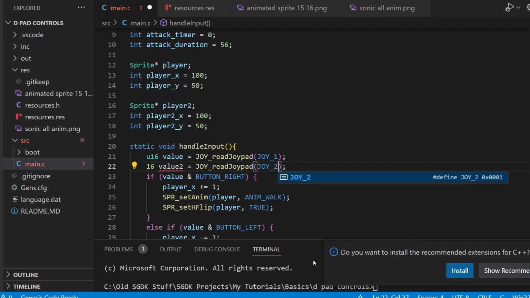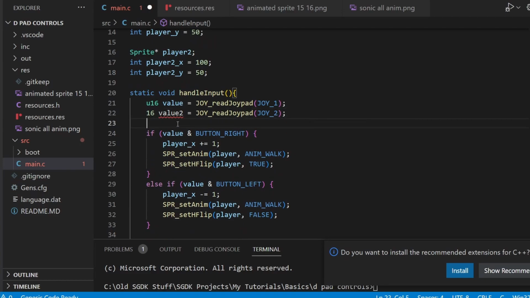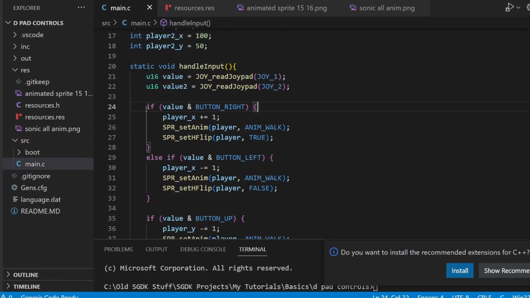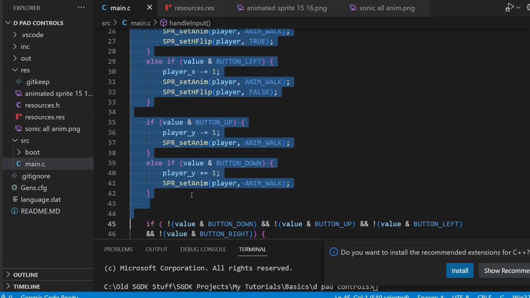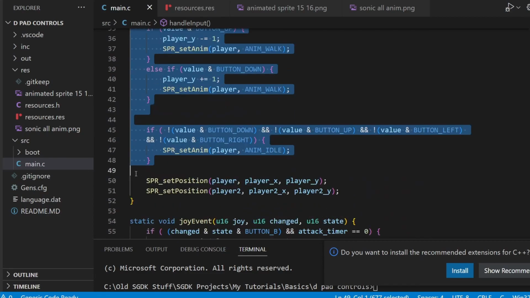If you remember from the previous 2 lessons, we had to create a variable where we got the variable to read the information from the joypad, the input. So before, we created one called U16 value, and that read it from joypad 1, and we're simply going to create a second one, U16 value 2, and that's going to read the input from the second joypad. And all we're going to do next is simply copy the code that we wrote before, and we're going to